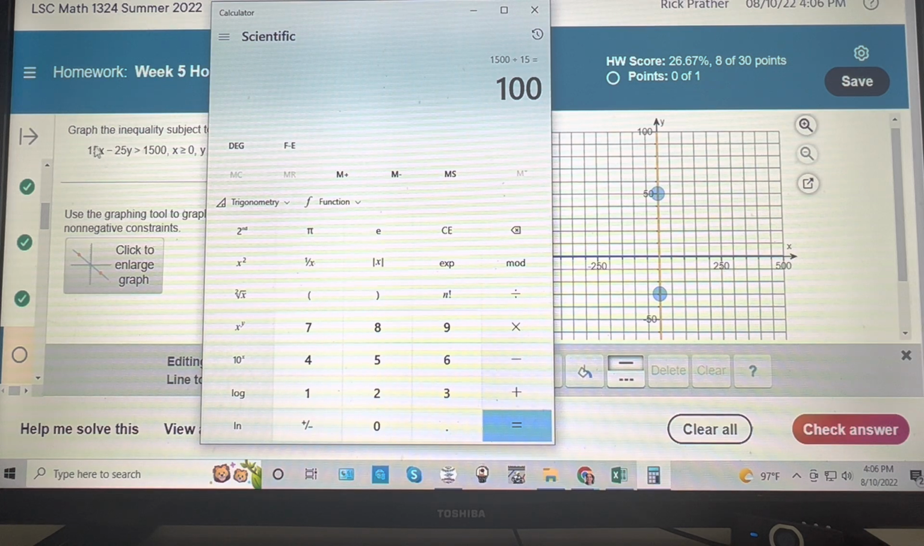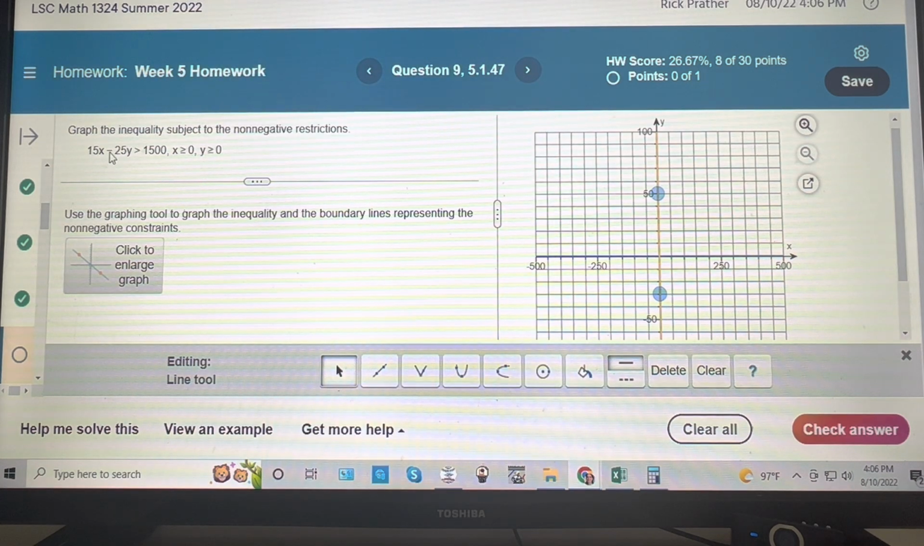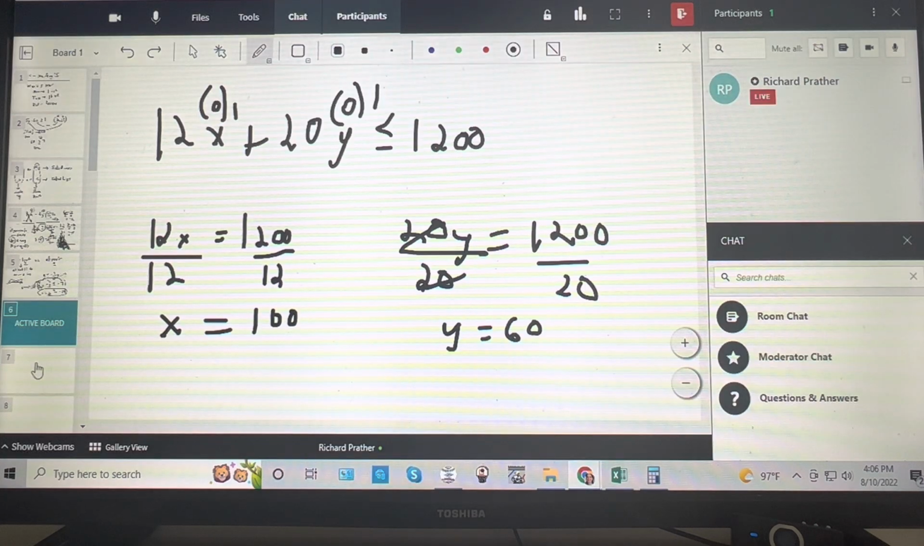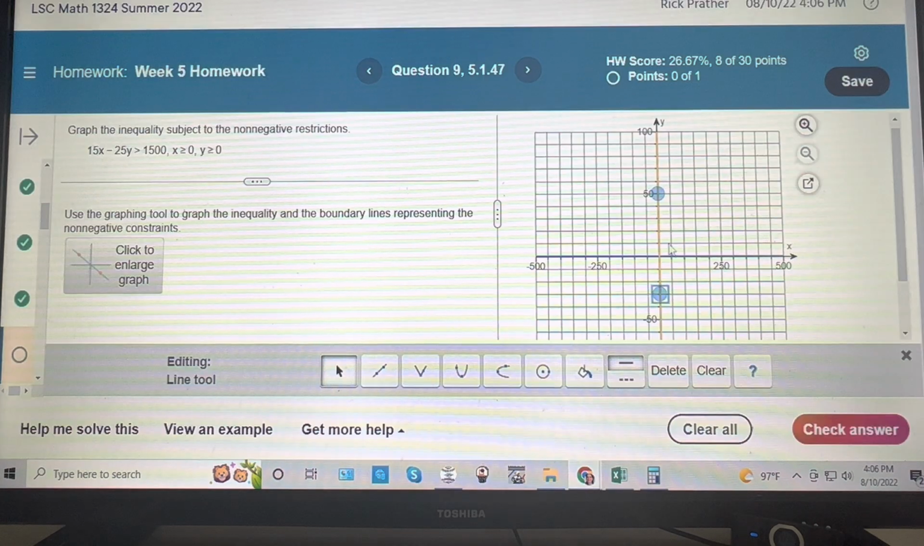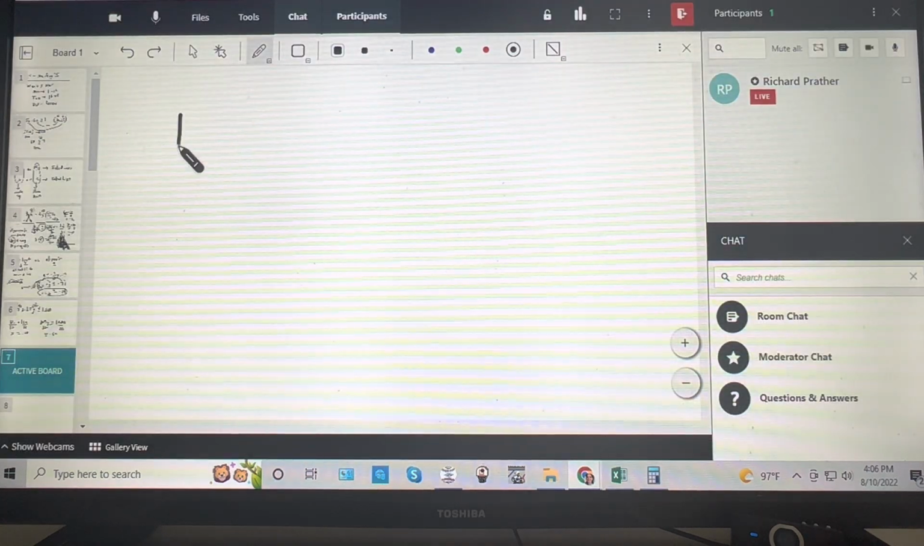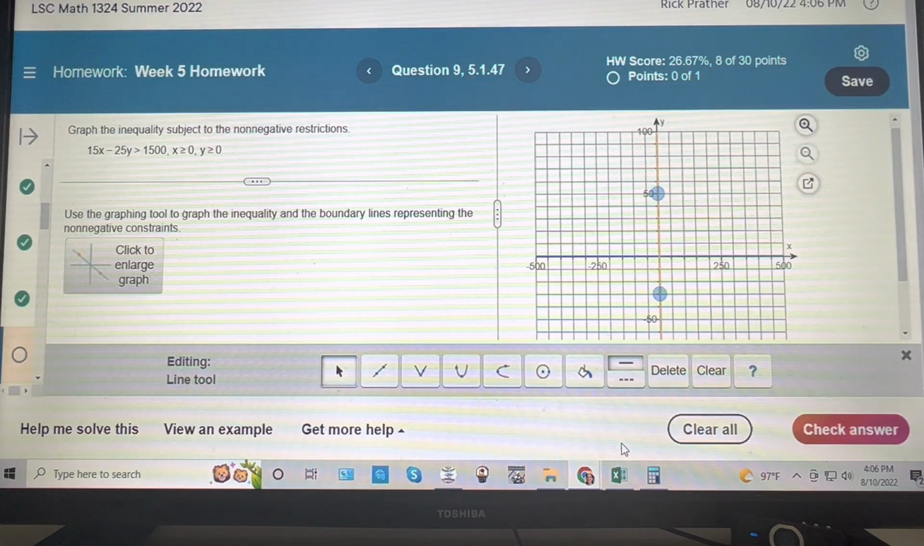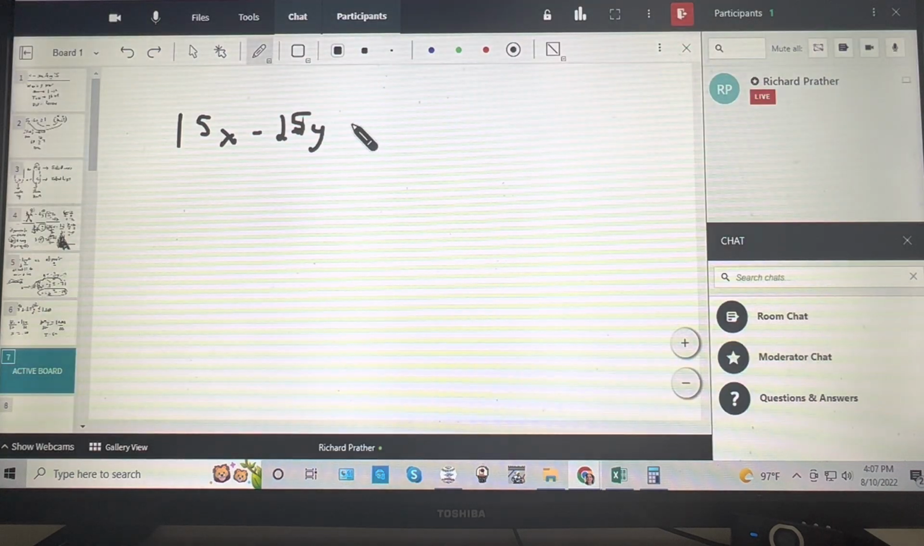And then if you put 0 in for x, this disappears. And notice there is a negative there. But if I just do the value 1500 divided by 25, that's 60 again. Now that's just a coincidence that those came out the same, but there is a negative here. So that's going to mess it up, because then we would miss which way the shading is going. 15x minus 25y, 25y is greater than 1500. You might think that that should be shaded upward,